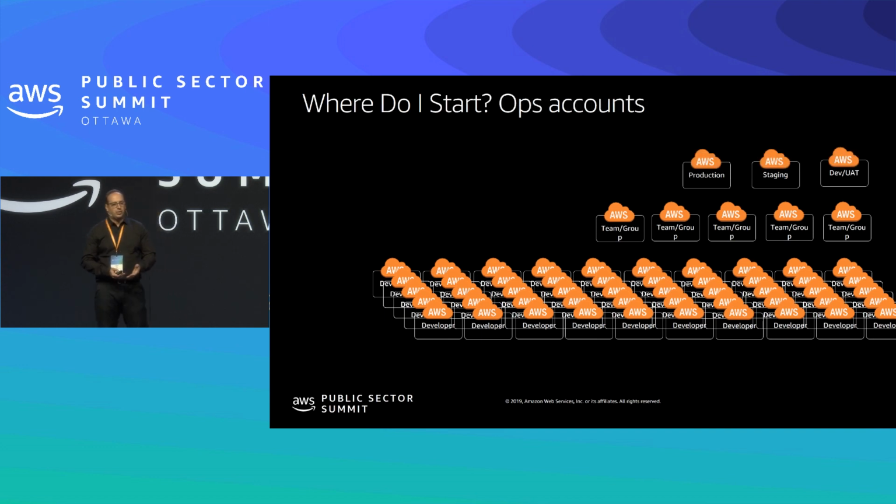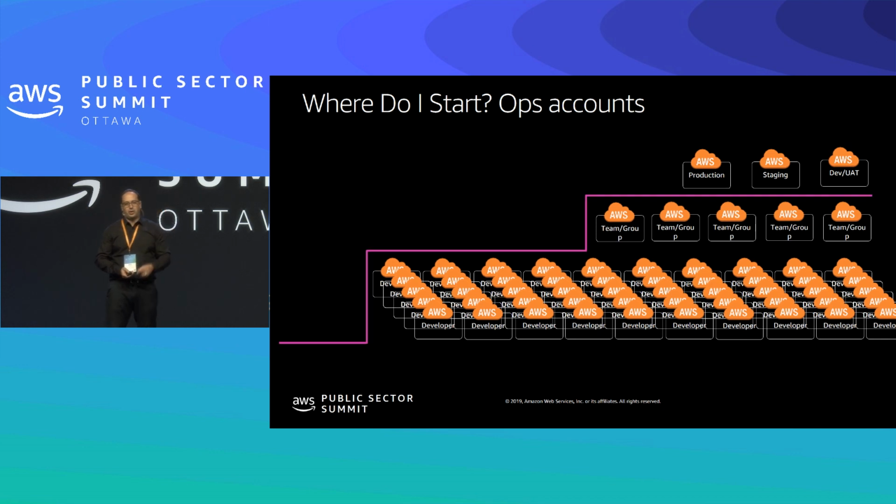And then we introduce lifecycle management. Production, staging, dev, UAT. And with this purple line drawn, it's the partitioning of ownership, where everything above the line is owned by the operations team, and let's say everything below is owned by the development. So what about shared services, things that are shared across all the different teams?